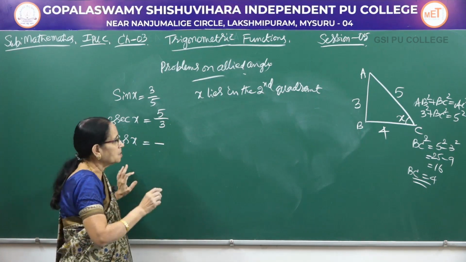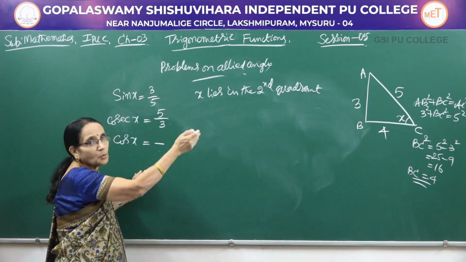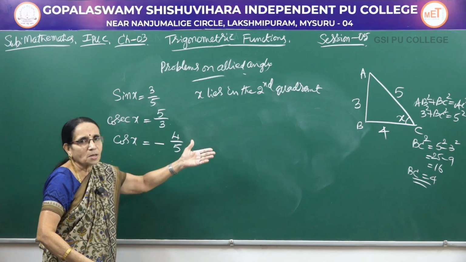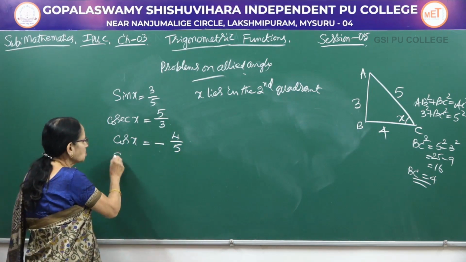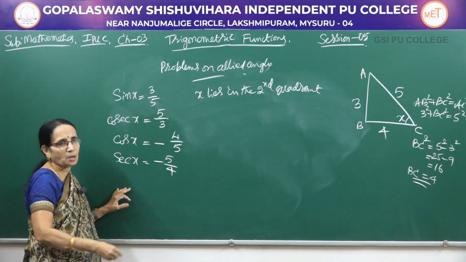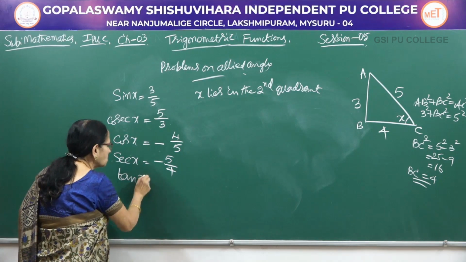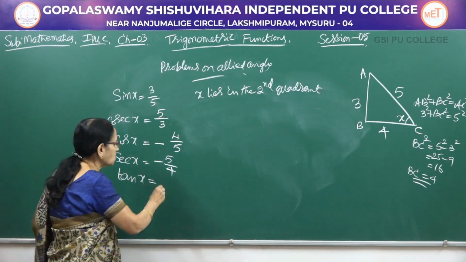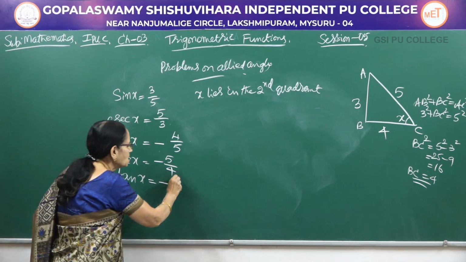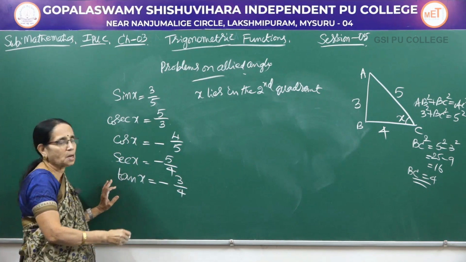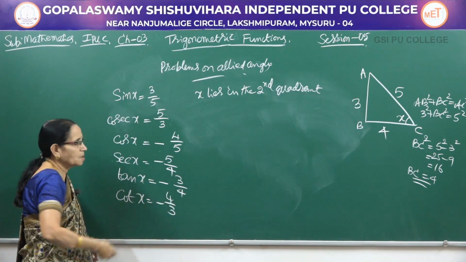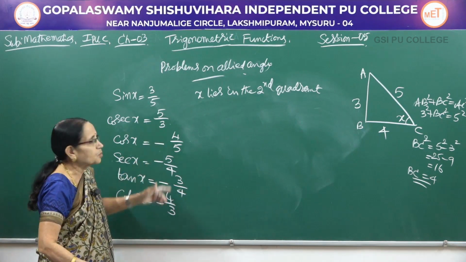First write the sign. Then how do you define cos x? Adjacent over the hypotenuse. So it is minus 4 by 5. You could have written minus 4 there also, but that is really confusing. Next you write secant x. It is the reciprocal of this one, therefore minus 5 by 4. Then let me write tan x. Tan x here, again in the second quadrant, tan is negative. Write the minus sign. How do you define tan? Opposite over the adjacent side. So it is minus 3 by 4. Finally, cot x would be the reciprocal. If you write 1, the reciprocal is easy to write here. So this is how we have to calculate.